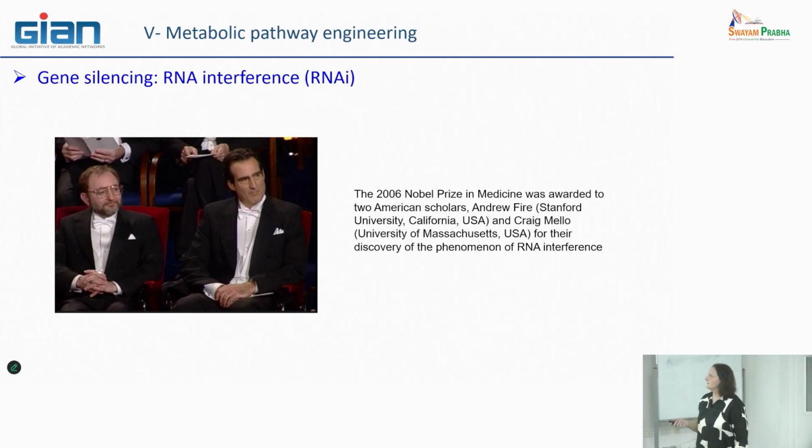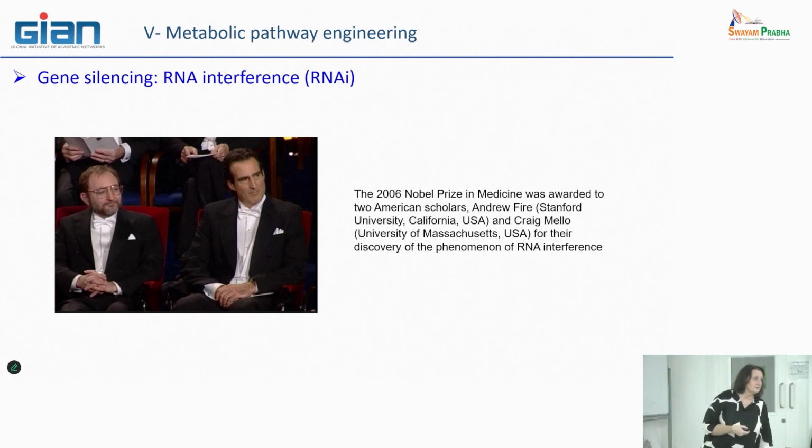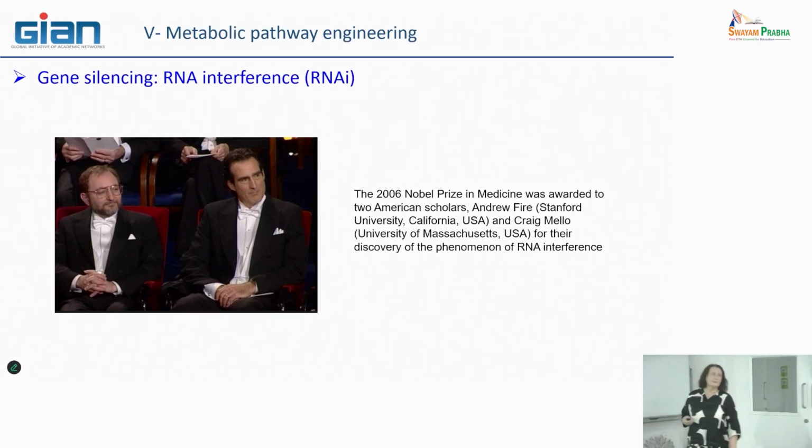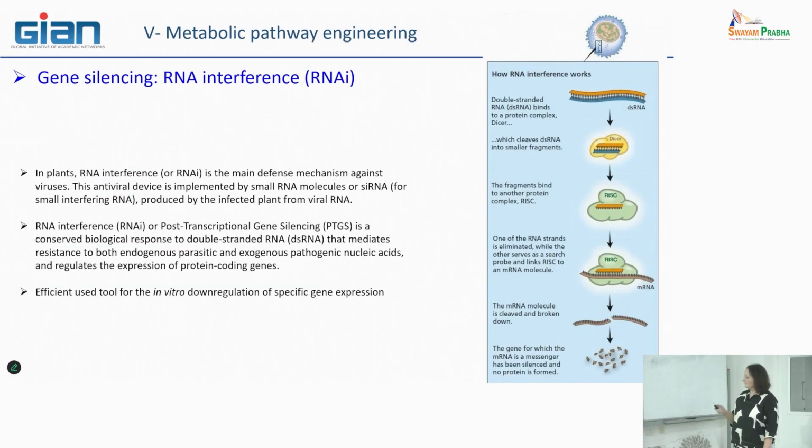In particular, two men received the Nobel Prize for having discovered this system, which is a natural defense system of the plant against, in particular, viruses. And they found how to use this knowledge to propose molecular tools in order to control the possibility to silence a particular gene. So thanks to them. And what exactly is the natural system?